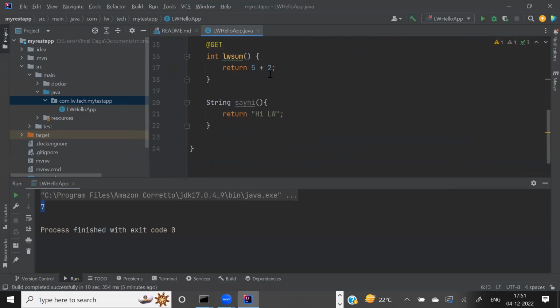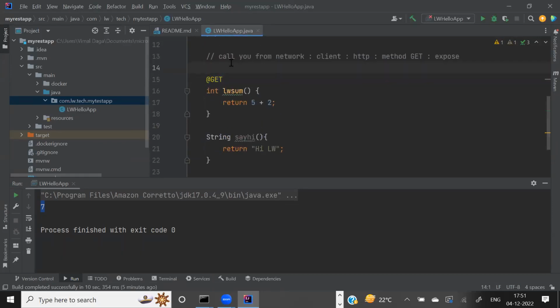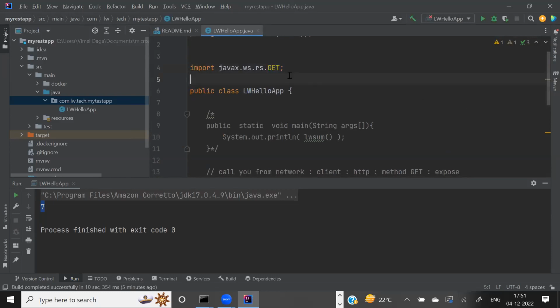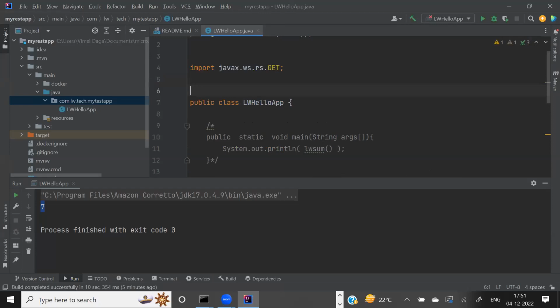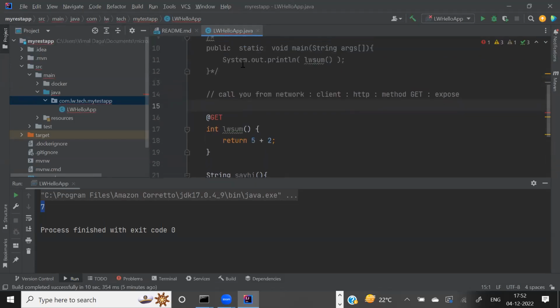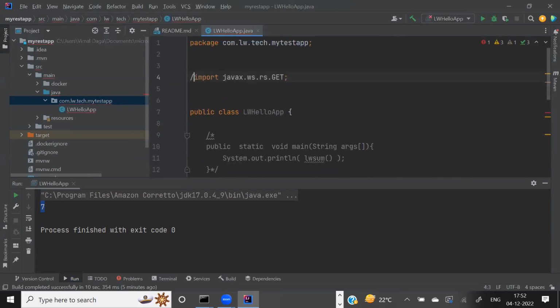So this GET is one kind of code, and for those who know a little bit about Java, code is normally put inside a class file. So we are calling this class file, and this class file is inside this package. Normally, because you're using an IDE, it automatically writes this line. But if you write the code without an IDE, you have to type it manually. If you comment out this line, you can see an error come up, because it doesn't understand. So when you write GET, an IDE like IntelliJ will automatically load it for you. Don't have to worry about it.